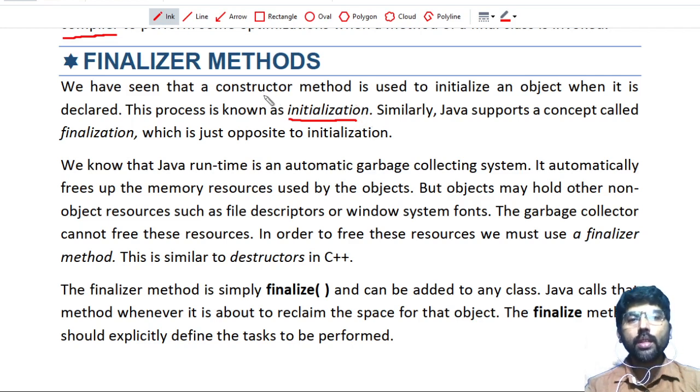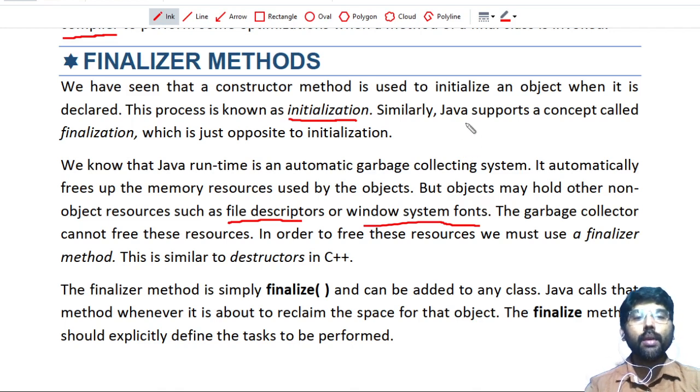This constructor is used to initialize whatever instance variables you have to give values for. In that case, we are using constructors. In constructors, sometimes we also initialize some non-object resources such as file descriptors, Windows system fonts, etc.